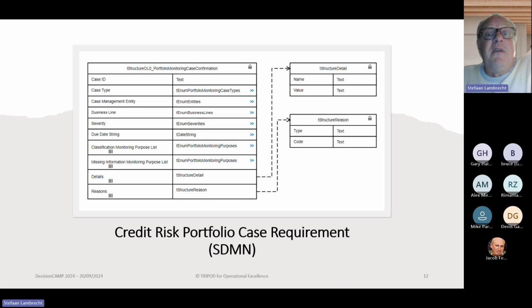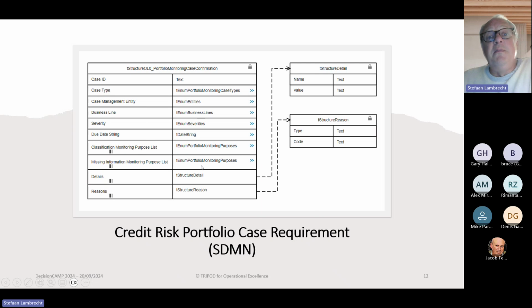That is, in fact, the most severe stage you can reach as a customer. That means that the bank will put you in default, and in default means also that the bank needs to take provisions and write off or do depreciations on the value of the risk portfolio. So it has severe impacts.